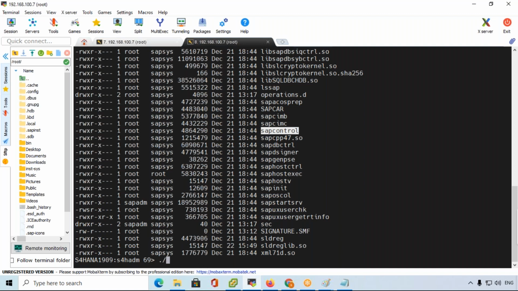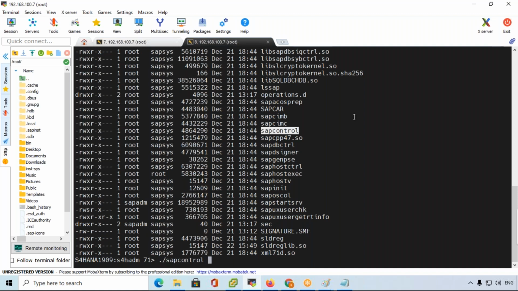Automatically it is copied, and in mouse we click on right. Okay, I'm going to clear this window first. Clear. Long list. Same. Dot forward slash SAP control.